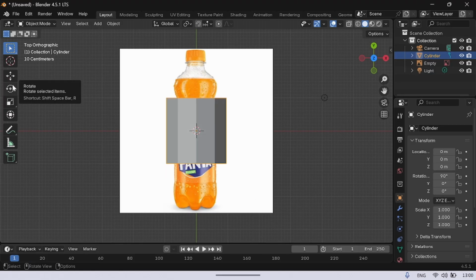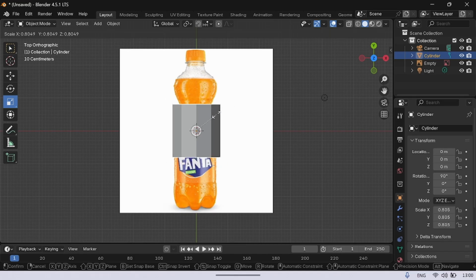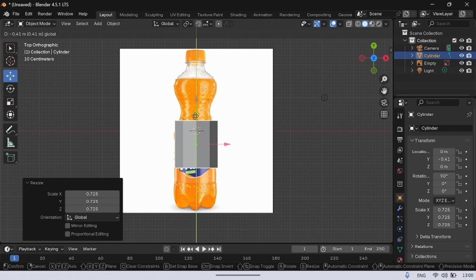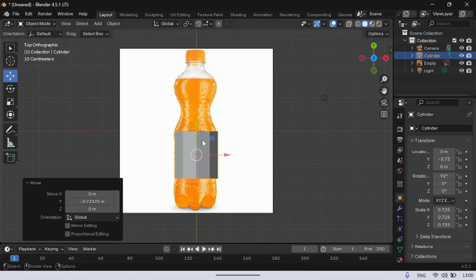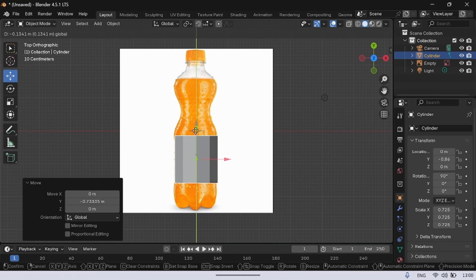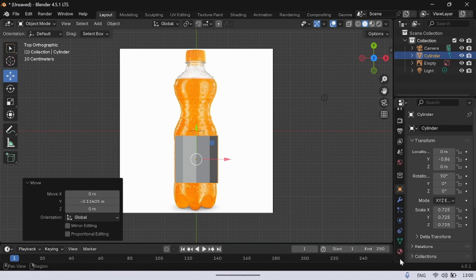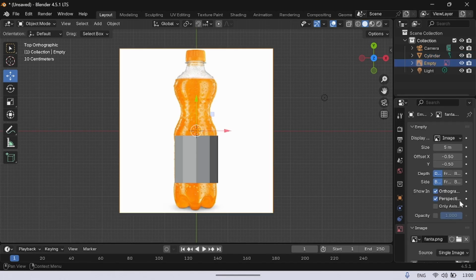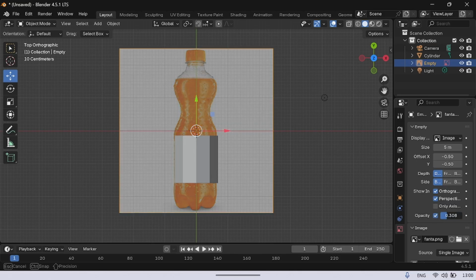And then I'm going to scale it up to the level where it's nearly the size of the bottle, also move it, taking this area. Okay, let's also come to the image here. We're going to change the opacity. We don't want it to be on our face, so I think that's okay. We're going to move it